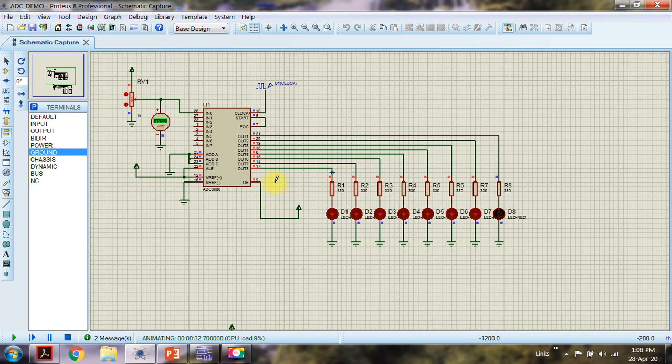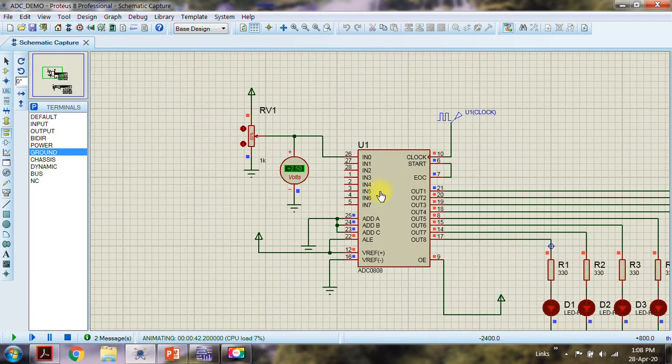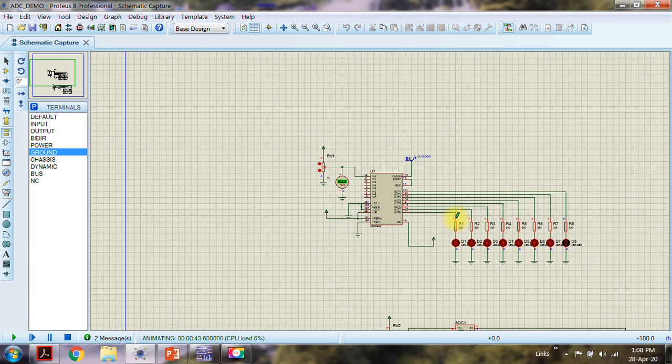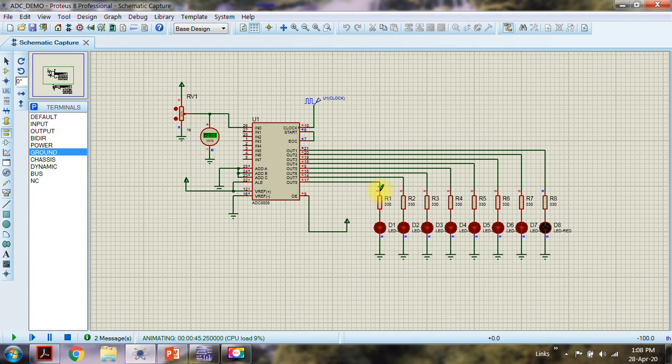Why I am encouraging you to use Proteus is because when you start using microcontrollers and microprocessors in the next semester, you would probably be required to use Proteus quite often, because this is the only software which gives you a mixed co-simulation facility.